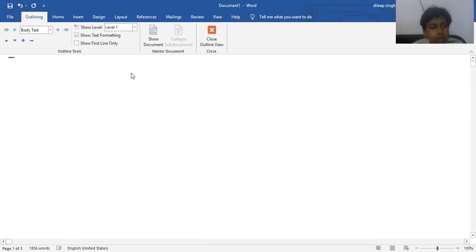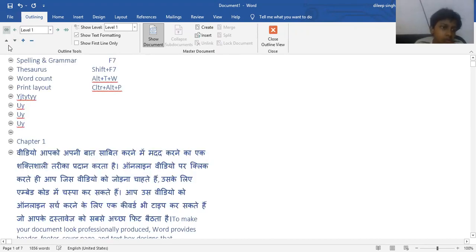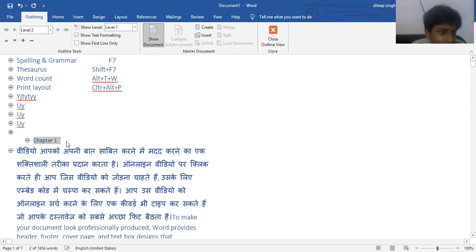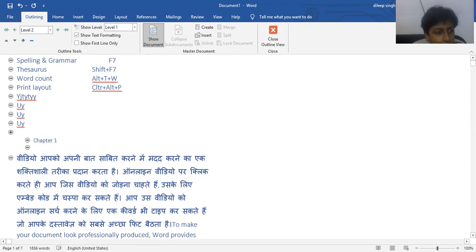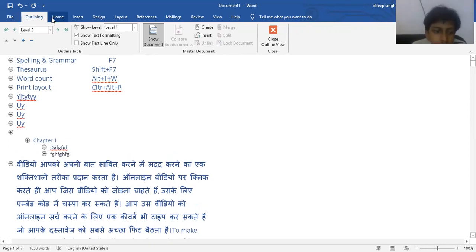Type here, level 1. After selecting this, click on level 2. It will show the level 2 format. If you want to add some topic in this, click here, that is level 3. If you want to add some content within this document, click on level 4. So by this option, you can mention headings, subheadings, and sub-subheadings.